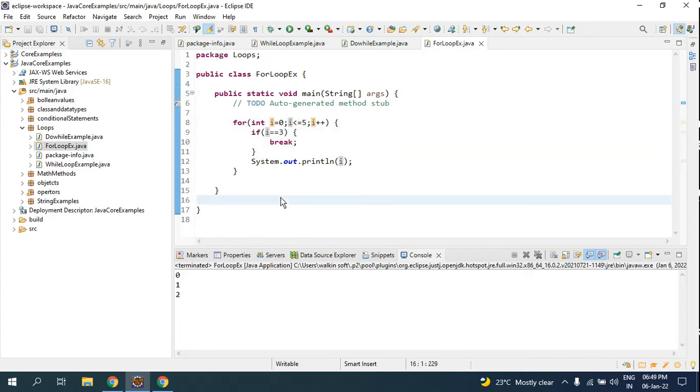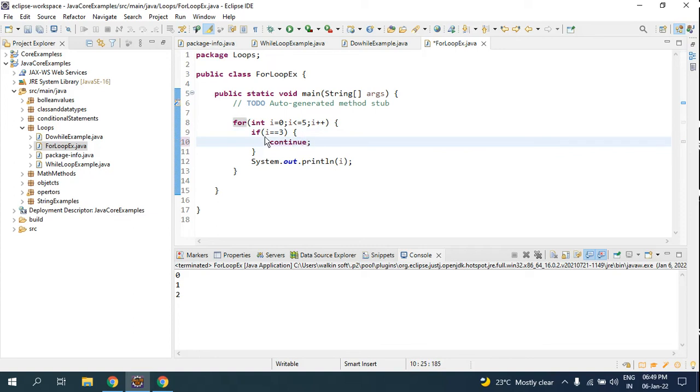Now suppose you have 3 kinds of items in your basket: at the bottom vegetables, in the middle a plastic item, and at the top fruits. What you want to do is take out the fruits and vegetables, and leave the plastic content in your basket. How can you do that inside the loop? All you have to do is change this break statement into continue. So the third item will be the plastic, and you don't want that plastic to be shown there.